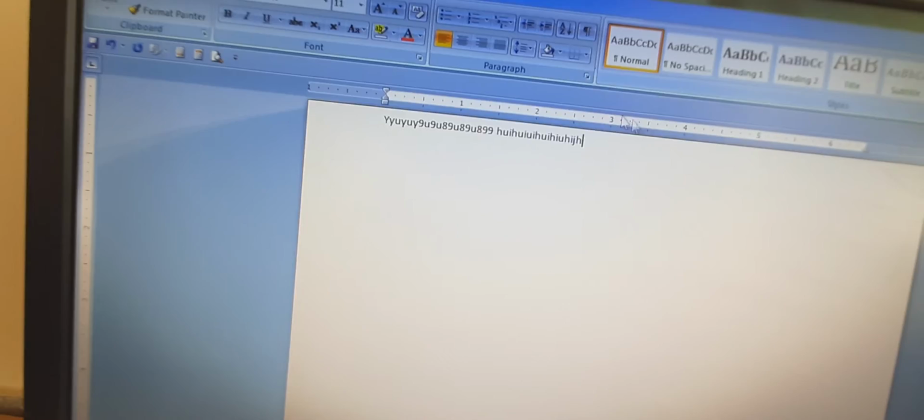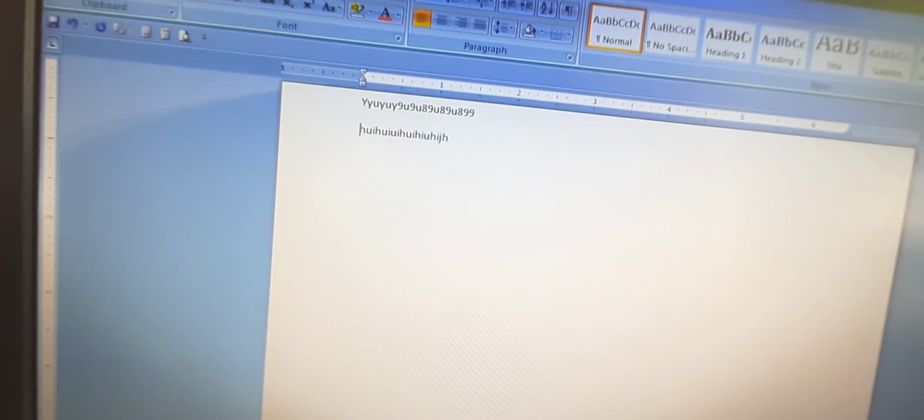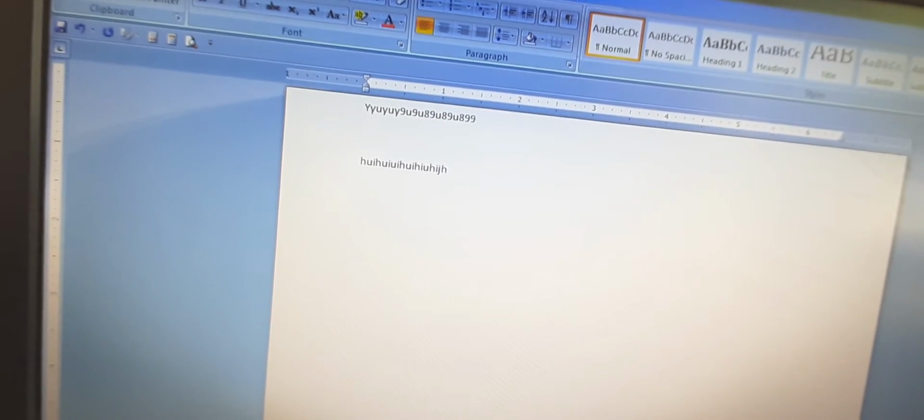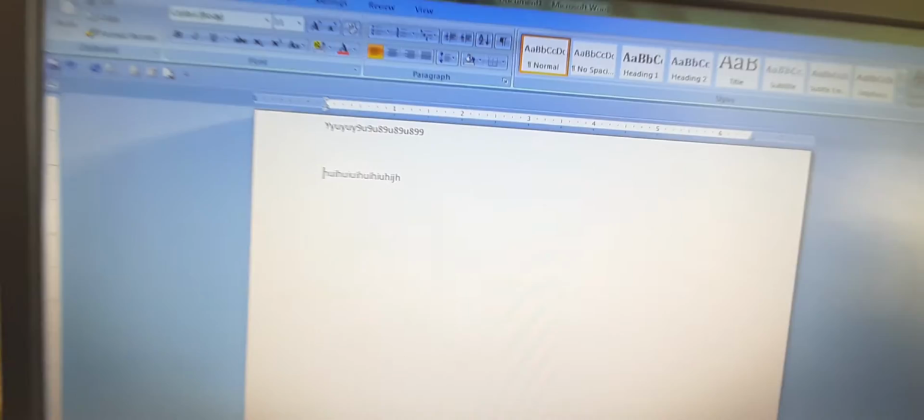So again I will go here, and suppose I type this, but I want to take this text to the next line. So what I will do, I will take my cursor here. We can take the written text also, and I will take it to the next line. If I press again, it will go again to the next line. So this way we can use the enter key.